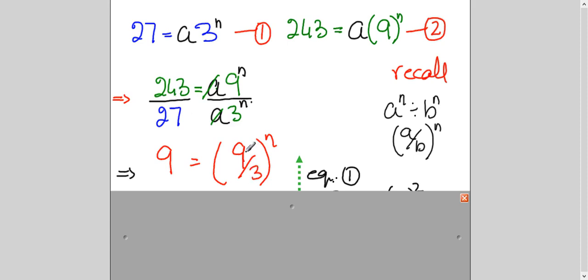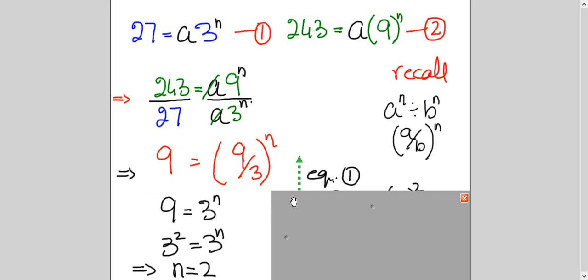Now here, what did I do? You remember this rule. Base is different, power is same, and there is division. So we divided the base. Exactly the same thing I have done here. Base is different, power is same. So I'm dividing the base first. Okay. So now this will be 3 1s are 3, 3 3s are 9. So it will be 3 power n.